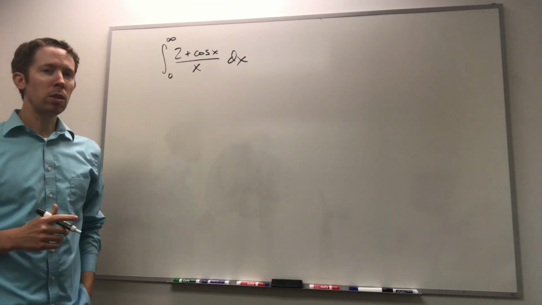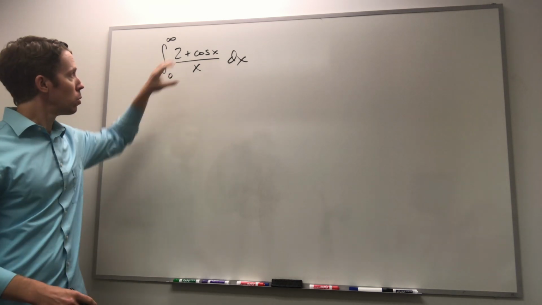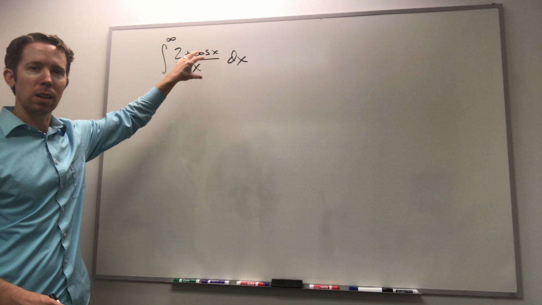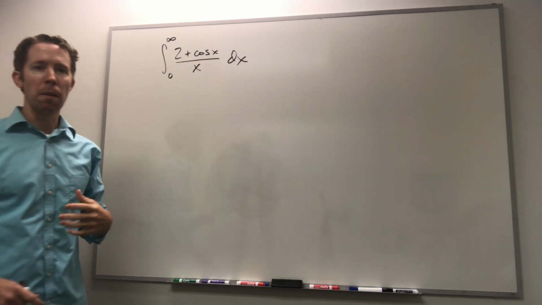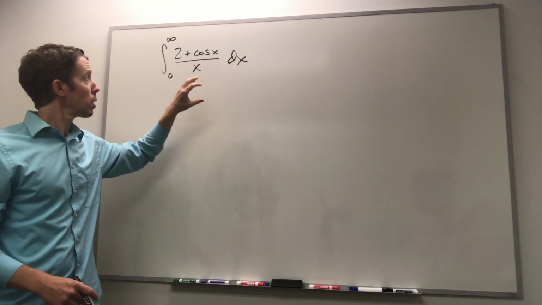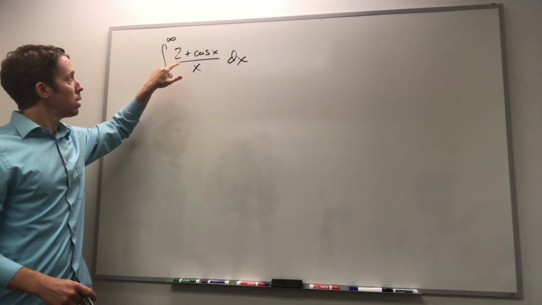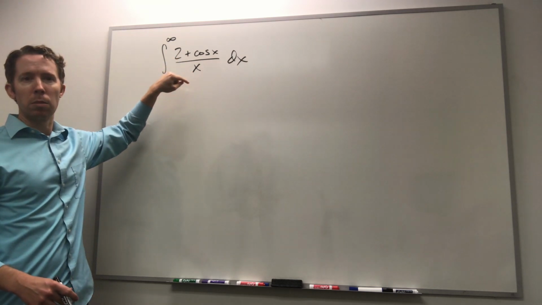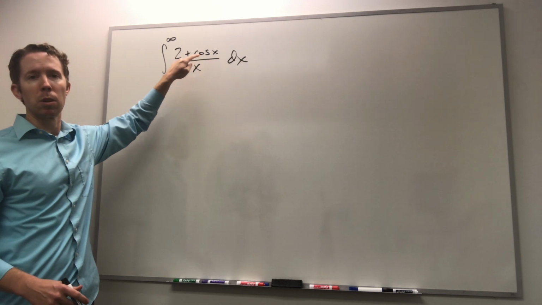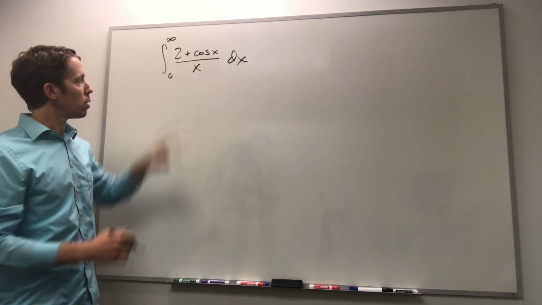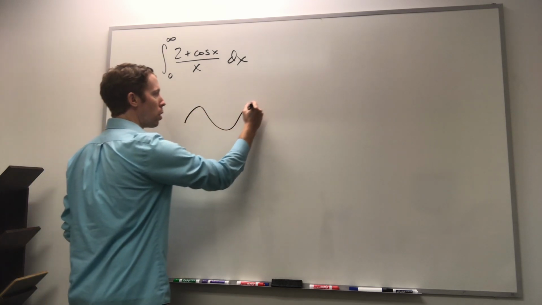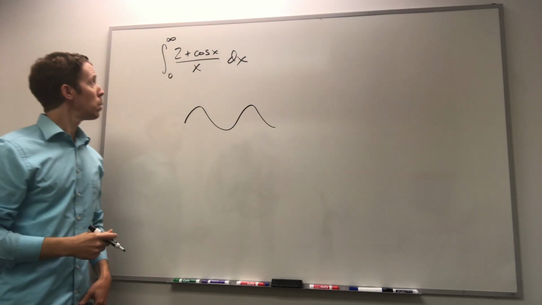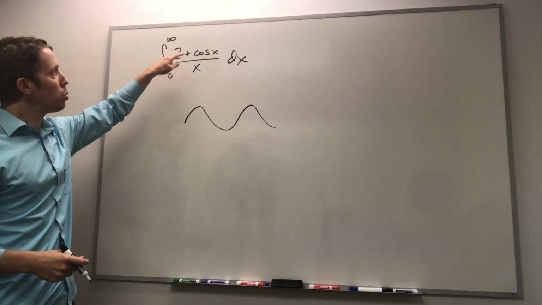So what I'm going to do is think about what this function acts like. I want to find something that's more simple that I can actually integrate that behaves similar to this. So when I look at this thing, the 2 and the x aren't giving me a problem. It's the cosine that's giving me a problem. And I know that when you think about the graph of cosine, it bounces between -1 and 1 in the y value. So if I do 2 plus cosine,